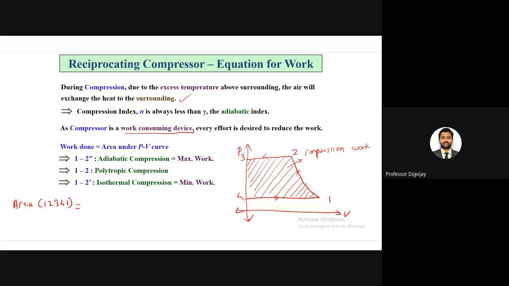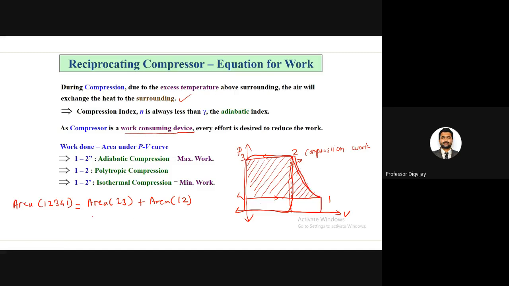I will divide this area into two parts. So simply I will draw one line here. So I can draw the area 2 to 3. I will take this area 2 to 3, then 3 to origin, and this one. So this will be my area 2 to 3. This will be simply a rectangle. Then plus the area under 1 to 2, all the area under 1 to 2. So this area under 1 to 2 will be another area.